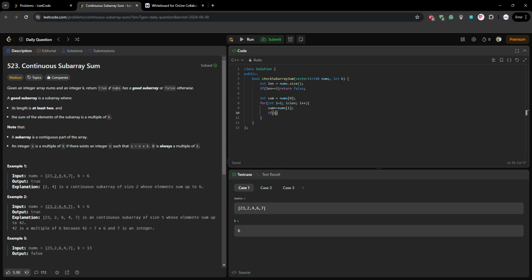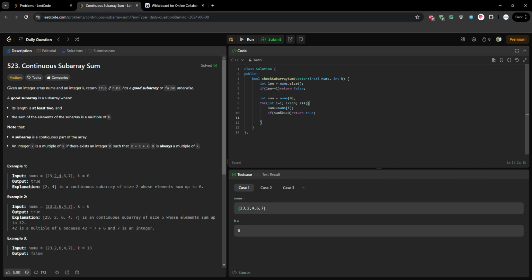We'll see if sum is divisible by k, then return true. That is, if the array beginning from index 0 till index i is divisible by k, we return true.